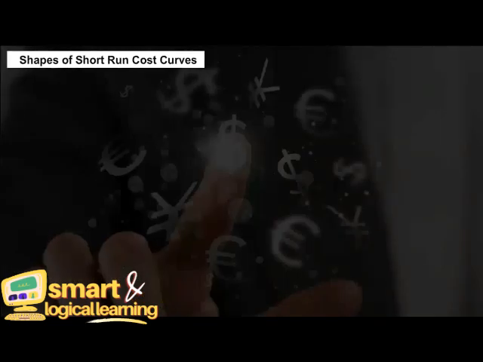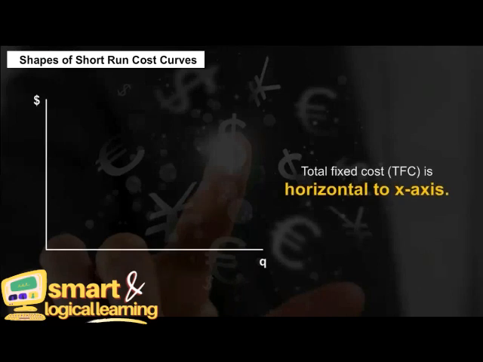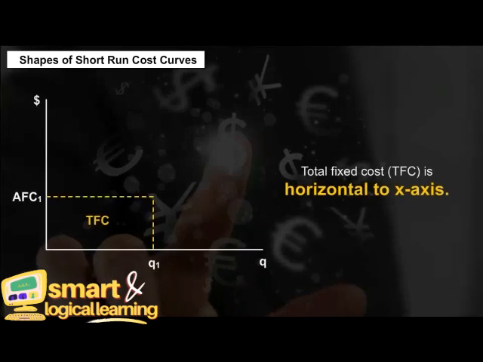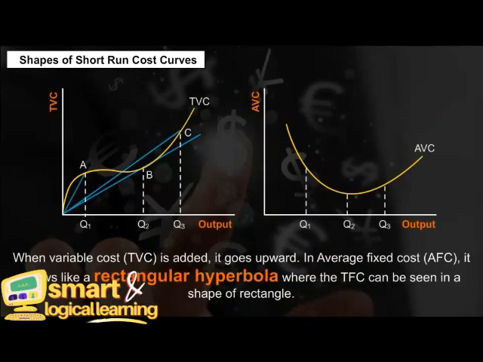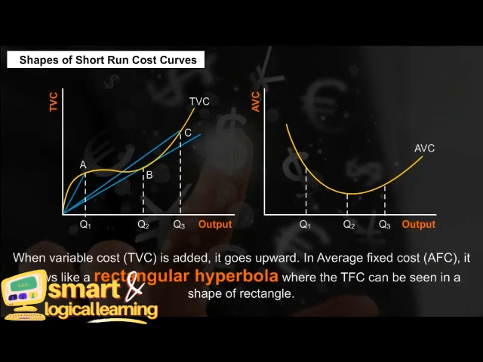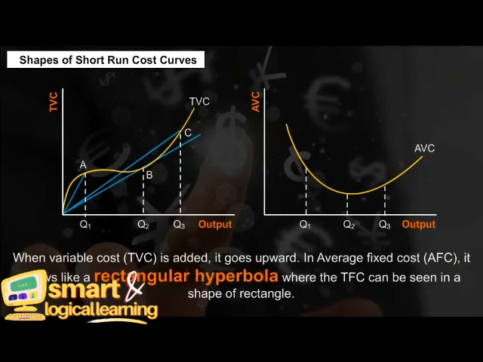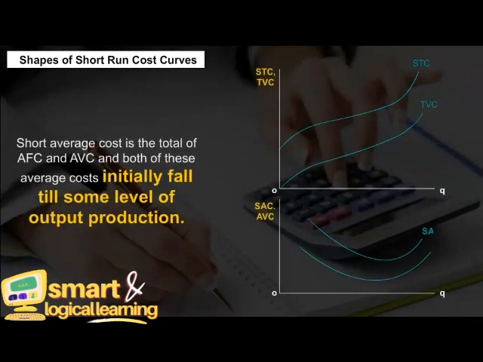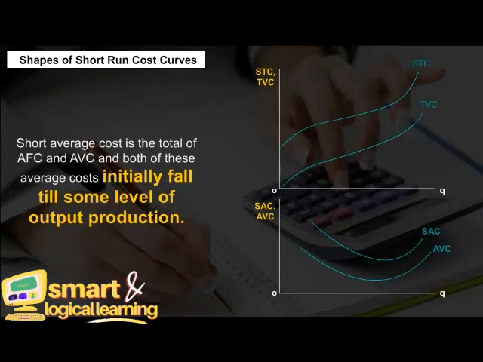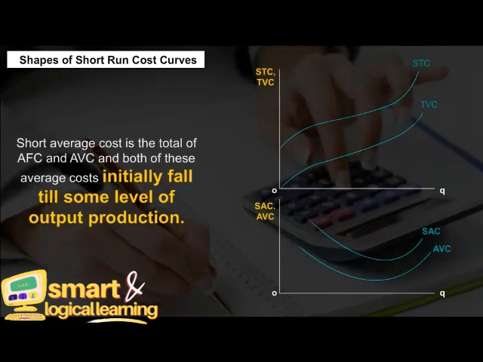Shapes of short-run cost curves. Total fixed cost, TFC, is horizontal to the x-axis. When variable cost, TVC, is added, it goes upward. The average fixed cost, AFC, is shown as a rectangular hyperbola, where the TFC can be seen in the shape of a rectangle. Short-run average cost is the total of AFC and AVC, and both of these average costs initially fall